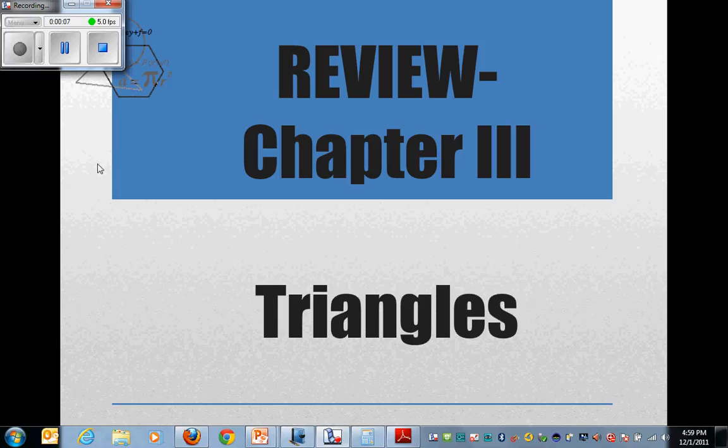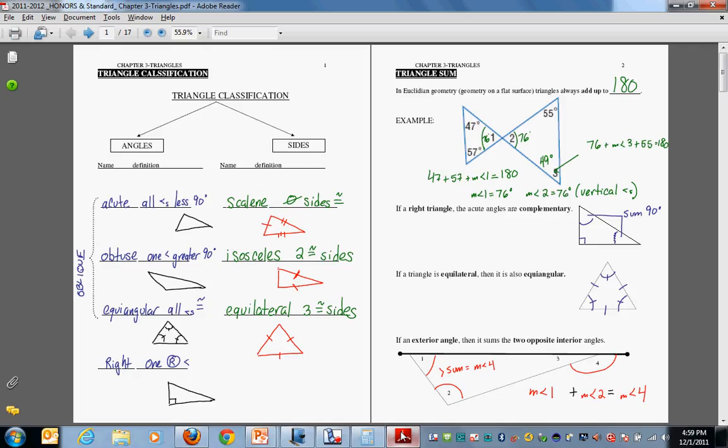This is a review for Chapter 3, Triangles. In your green reference folder, turn to the third section. These are the basic concepts of Chapter 3. You have triangle classification, triangle sum, exterior angles,